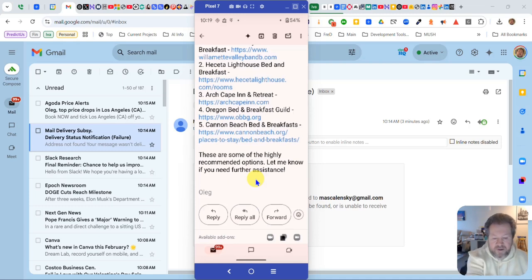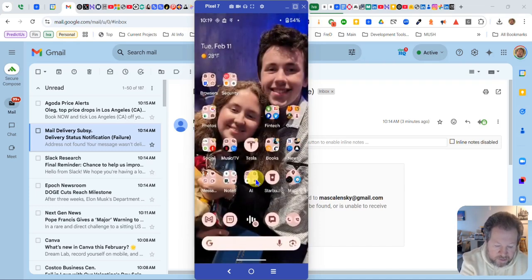Let me show you now how you set this up. So to set this up, what you need to do is you need to go to the Perplexity app. I'm actually going to do it on my phone. Well, I can do it, we'll just use the mouse. If we go to Perplexity on my phone here,